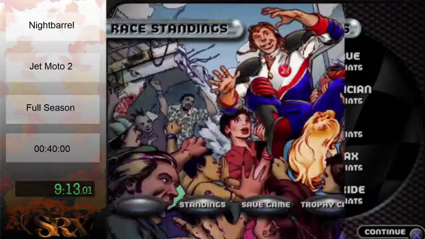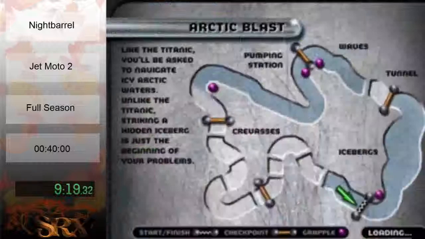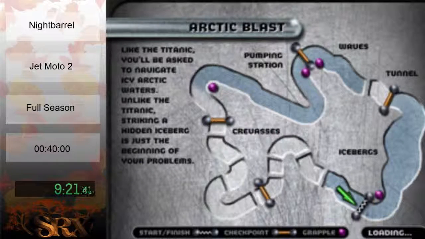Okay, so that's it for the green circle tracks. Now we're going to head into the blue squares. First up is Arctic Blast. So, one of the